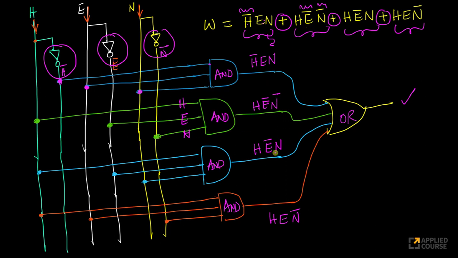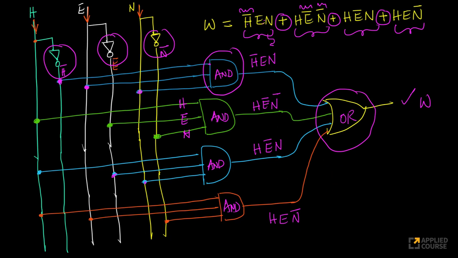This is H E bar N. Yeah, this line is N, this line is N bar. So you have to be slightly careful where you are connecting just to make sure that there are no errors. So finally, what do you get? Your OR is, this is your first term, this is your second term, your third term, your fourth term. So what you get as an output is W. Look at it, by just using logical AND gates, an OR gate and NOT gates, we have constructed the whole